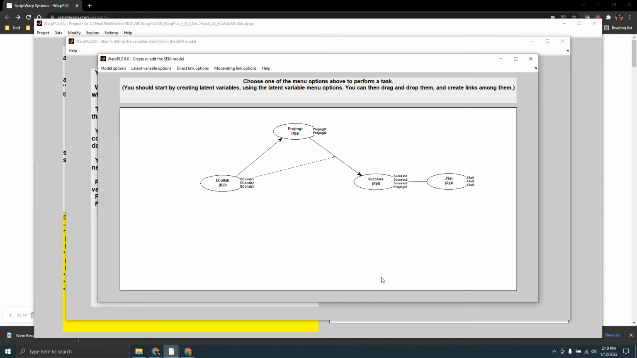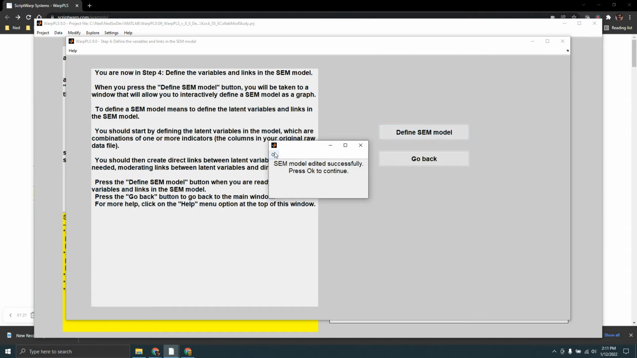So in doing this, I am inducing a measurement model problem. Arguably, I'm inducing a discriminant validity problem. So this is equivalent to respondents in a questionnaire answering questions that are associated with success, but thinking about project management. So I'll go to save model and close,